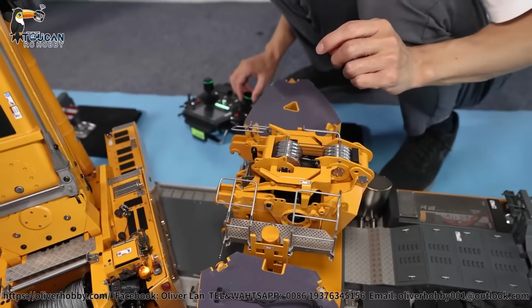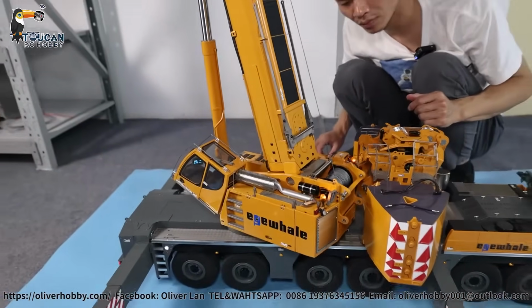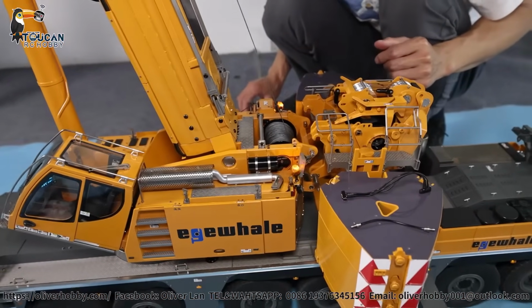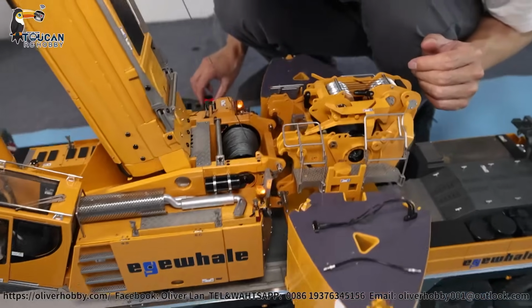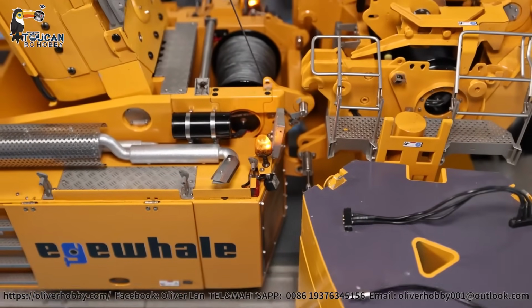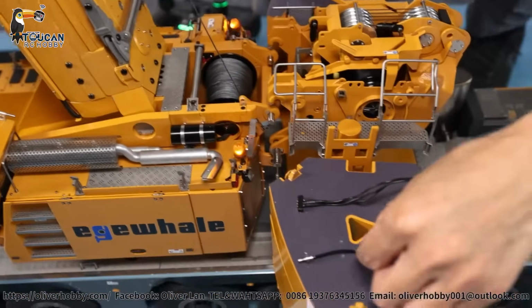Keep turning. Align it. No touching, in position. To be aligned. Slowly, yeah. So the pin, you can have a look, is it aligned or not. Okay, aligned. Then we first